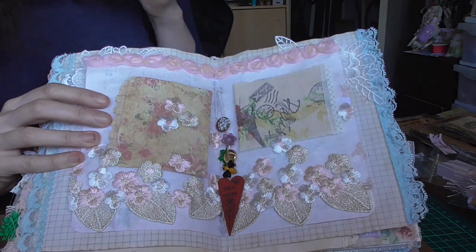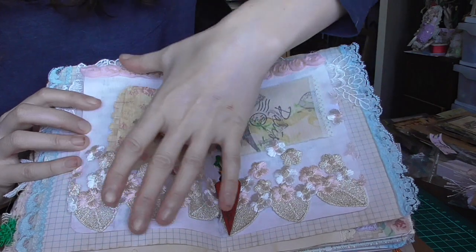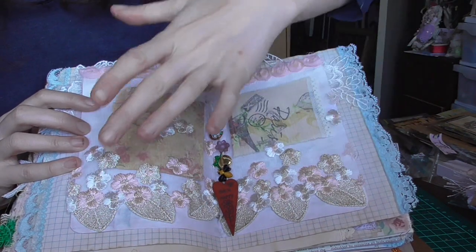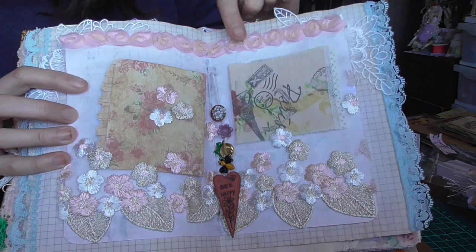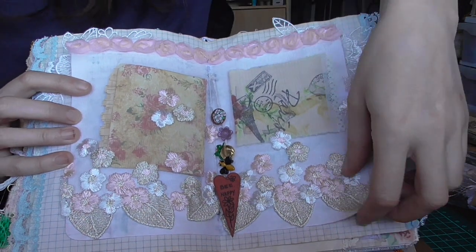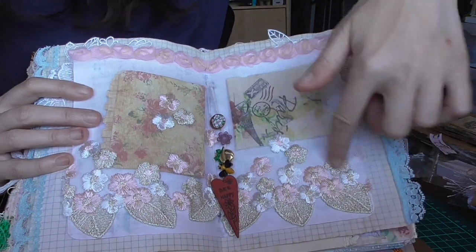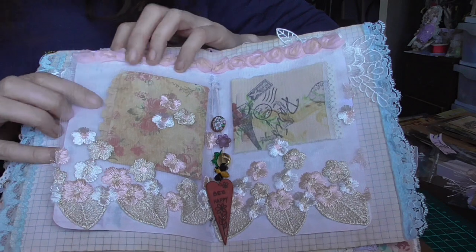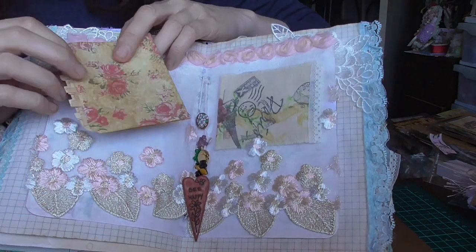So this is the middle of the signature. There's just one signature here. And the whole netting, this is the whole trim. It starts from here, except for here I've put like a rose trim here. But the rest of the trim starts from down here. See that leaf and pink and white? And I've used that as pockets. And in each pocket is a cute little